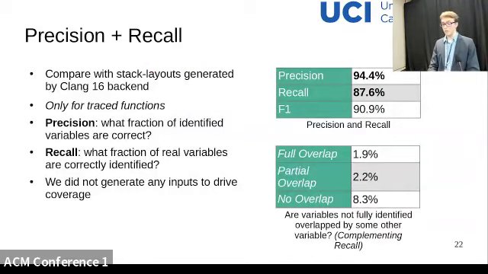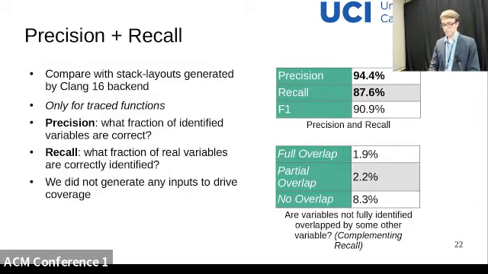For the variables that were not recovered perfectly, we also checked whether they are overlapping with some other variable we recovered. We found that about 2% of all variables are merged into some larger object, 2% are objects we recovered only partially, and about 8% are never accessed during tracing. We believe that many of the missing variables could be recovered simply by fuzzing the binary to generate inputs that